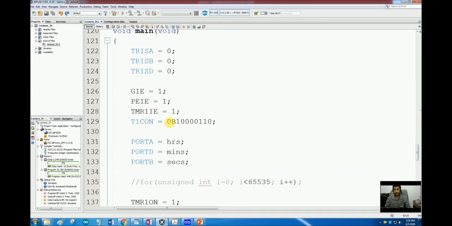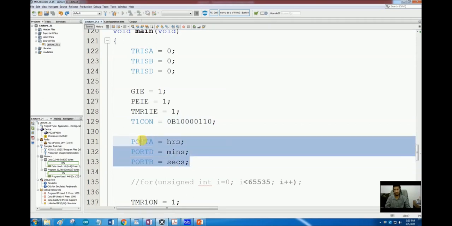Timer 1 control register has been loaded with the required values, and as far as I remember, this one was for the RD16 to enable the 16-bit read-write mode, and these two were used to set the asynchronized mode. We are not going to synchronize our external clock, and this was going to select the external clock source for the timer, because we were getting the clock from the external oscillator.